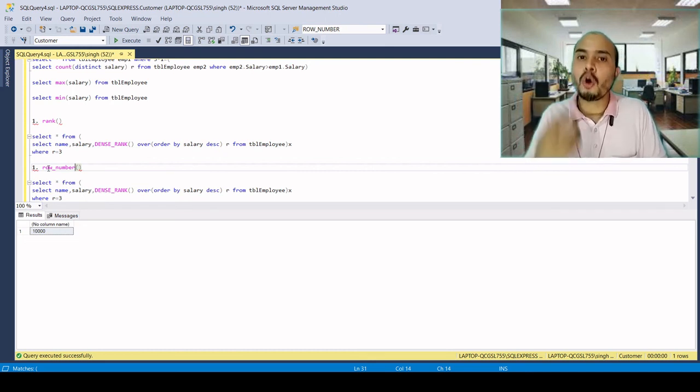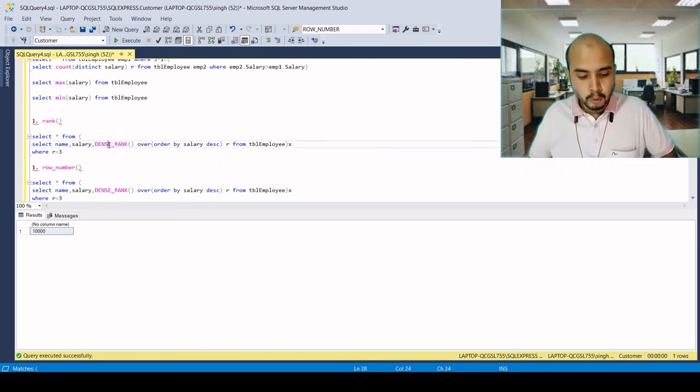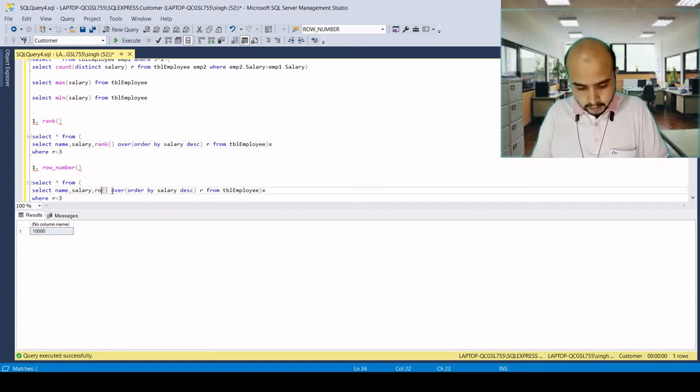Otherwise you will get the wrong answer out of it. You just need to put rank over here or row number over here. There is no need to change anything in the syntax. But as I told you, only if the field value is unique or distinct will you get the correct value out of it.